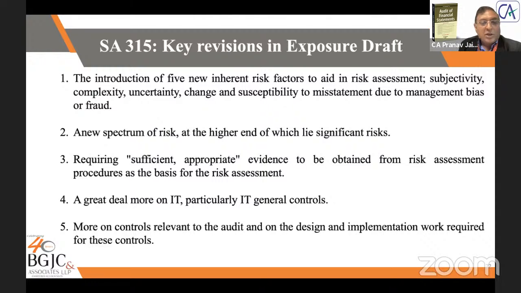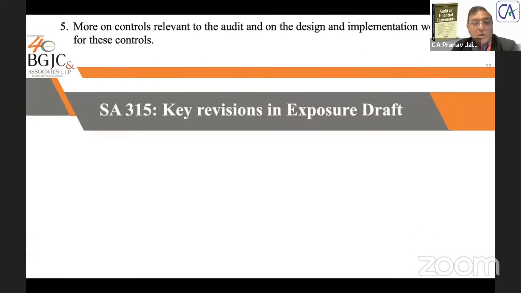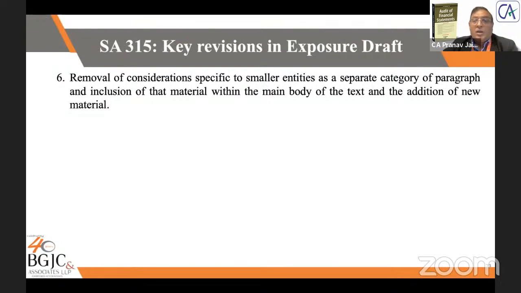There is more focus on controls relevant to the audit and on the design and implementation work required for these controls. There was a paragraph related to considerations specific to small entities as a separate category. Now that paragraph has been deleted and the concept of scalability has been introduced. And so at various places in the application material, how the standard is scalable has been given due focus. And there are other changes